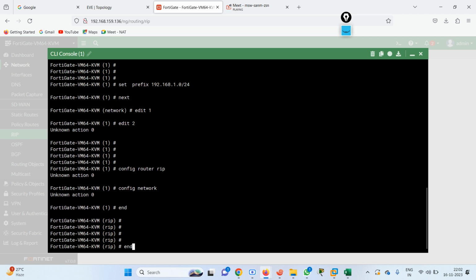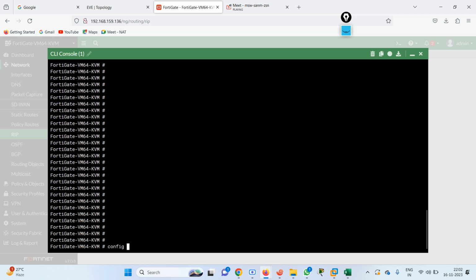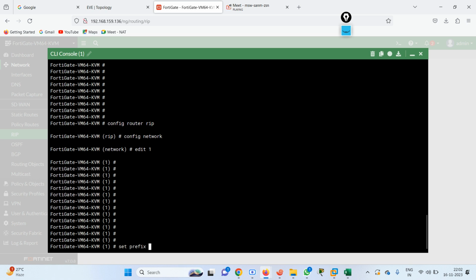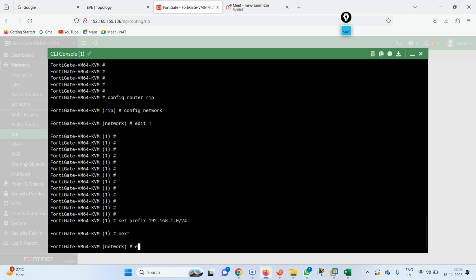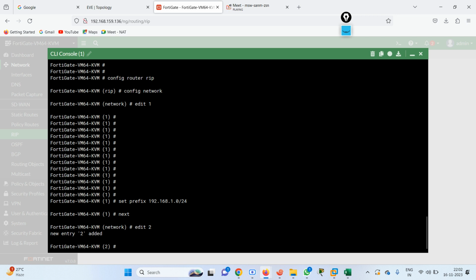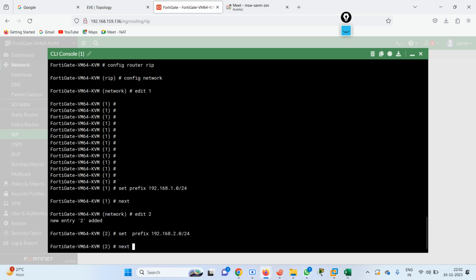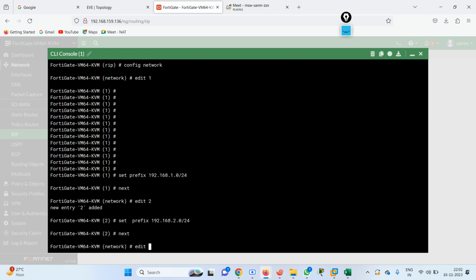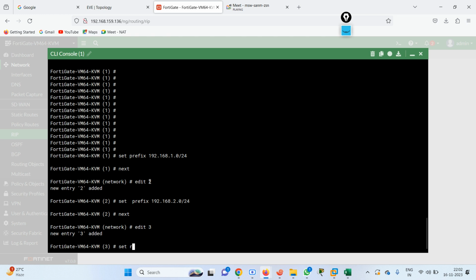Let me start from the beginning. Config router rip and config network, edit one and set prefix 192.168.1.0/24. Next, edit 2, set prefix 192.168.2.0/24. Next, edit 3, set prefix